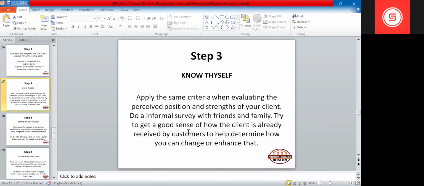And the most successful products or stores have established a very definite, easily explained, and easily recognized position in the marketplace. And it's the little differences that can make a person choose one store for a product over another. And you know that. It could be a preference, right? And the preference is so wide that I can't even start to tell you a finite list of what preferences are made up of. But I'll give you two or three. The preferences could be customer service, definitely, right? So, for example, like with Edgar's,